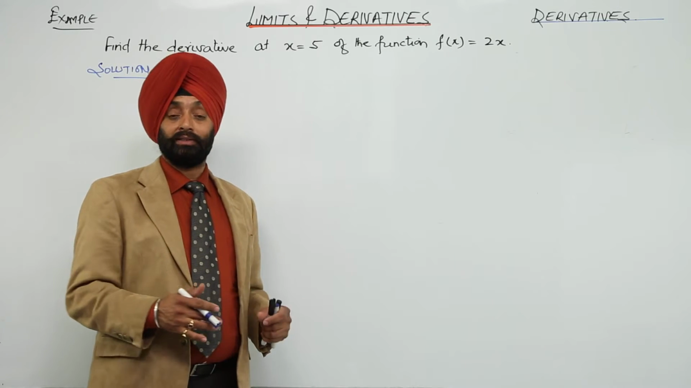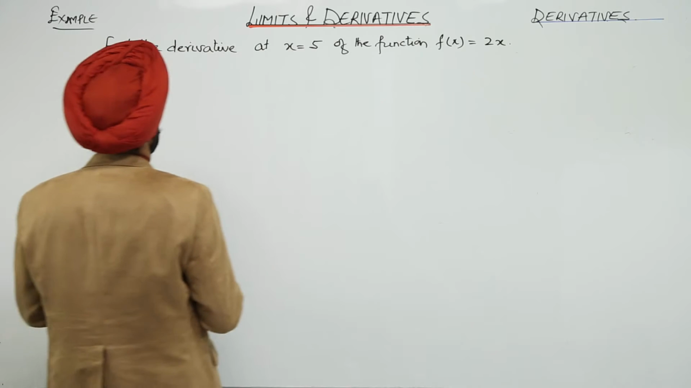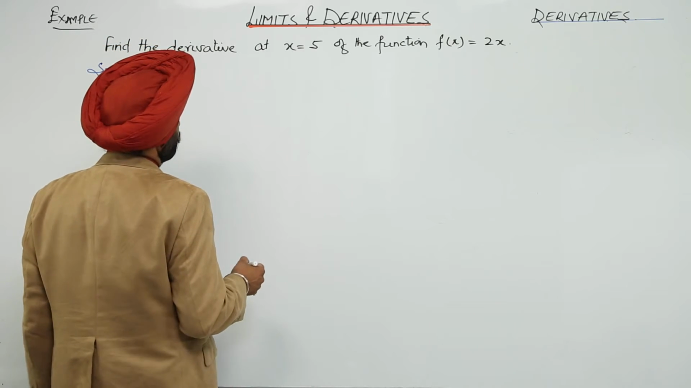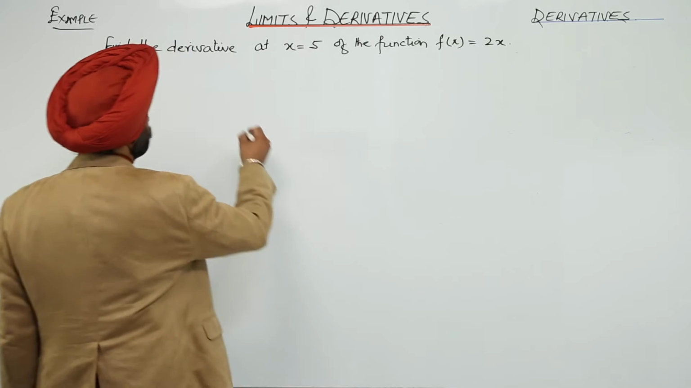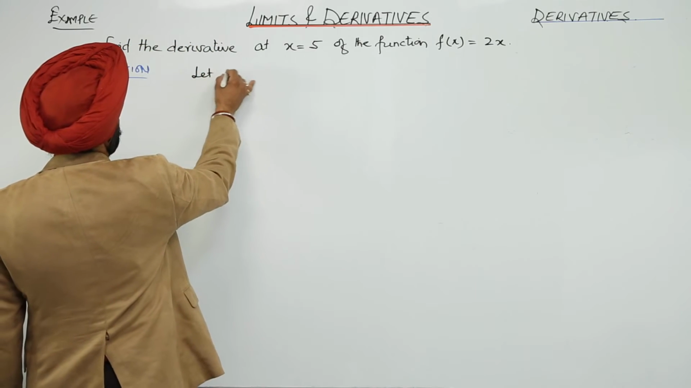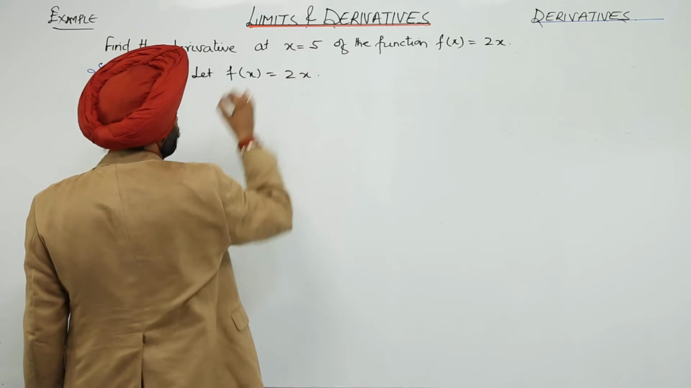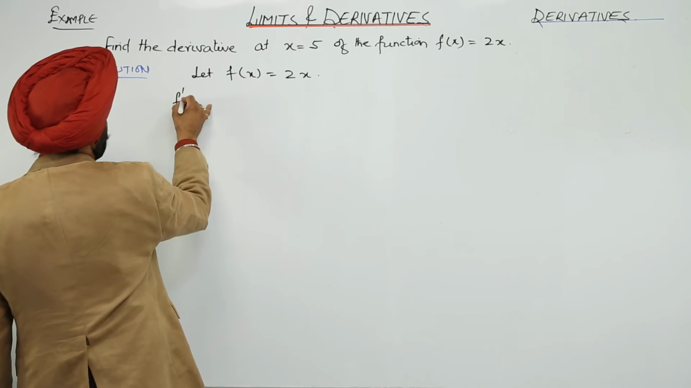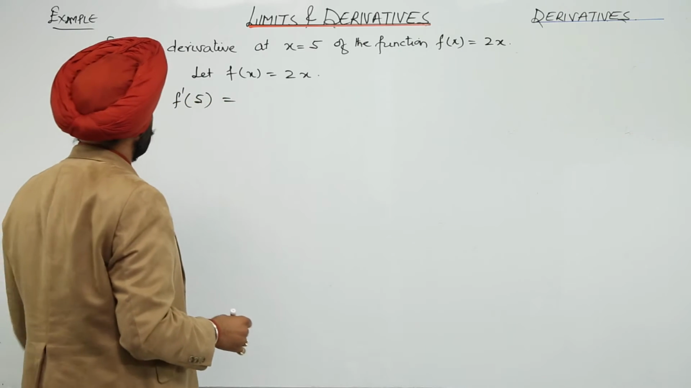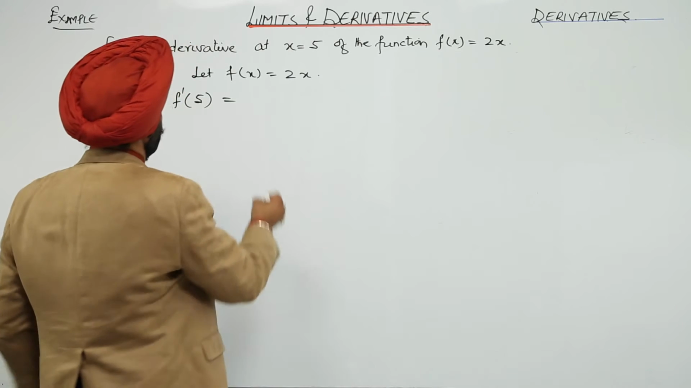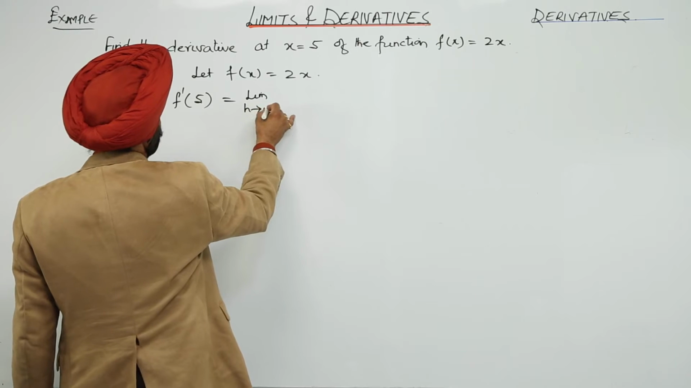Let us go for an example for the definition part. Now, we have to find the derivative at x equal to 5 for the function f(x) = 2x. Let f(x) = 2x. Now, f'(5) is what we are given. First, according to the definition, we will have the limit as h approaches 0,